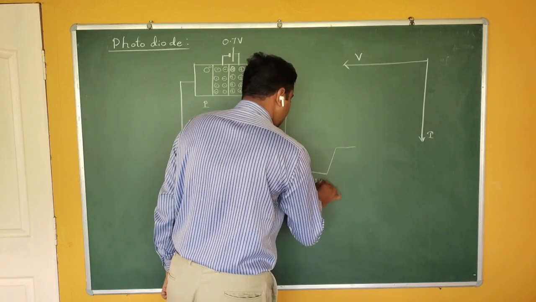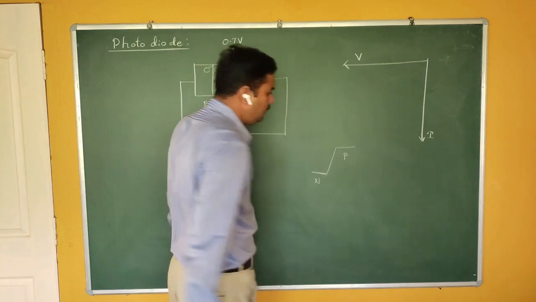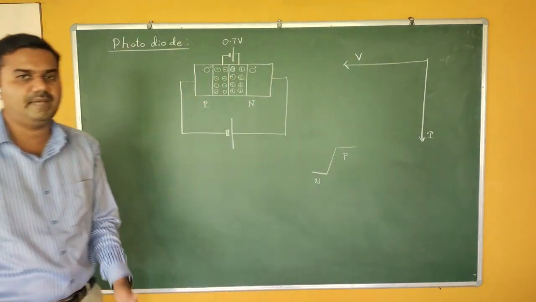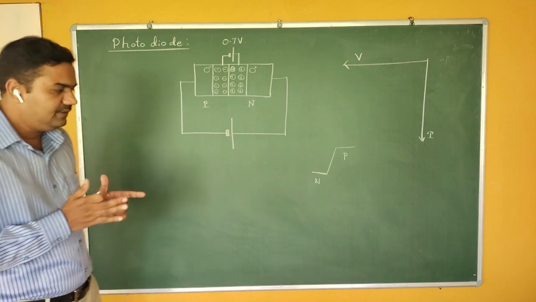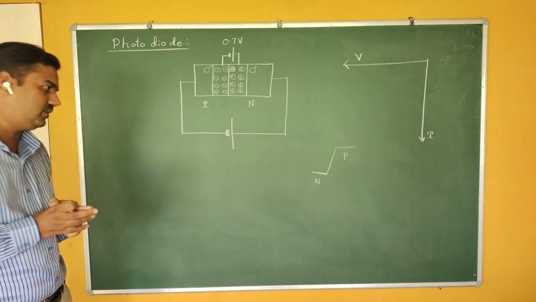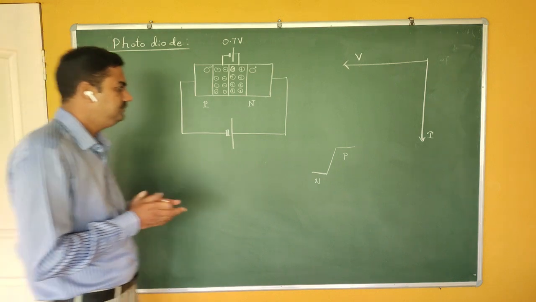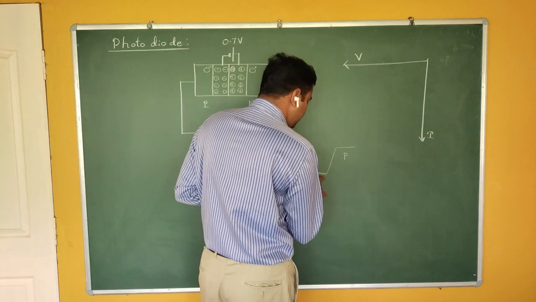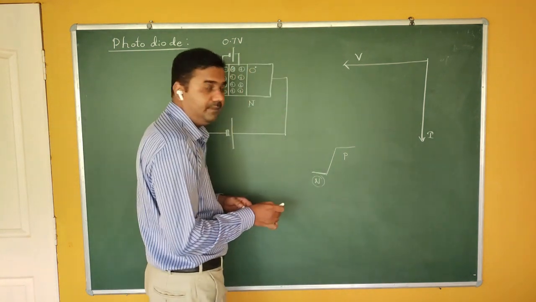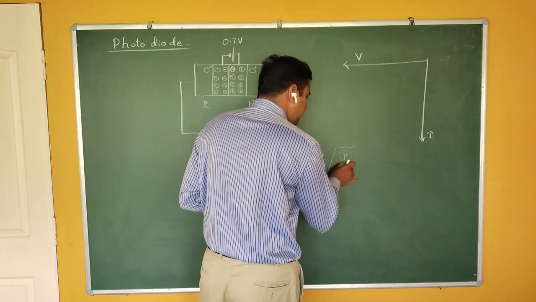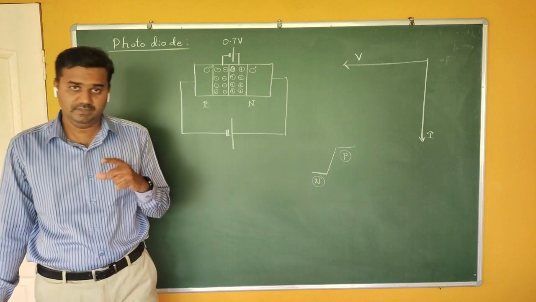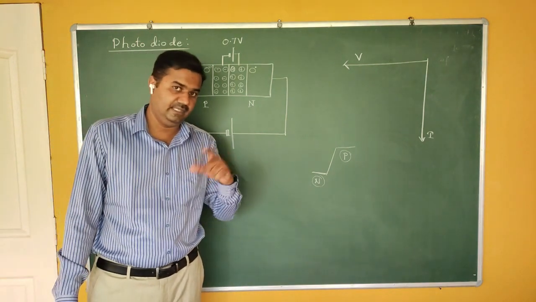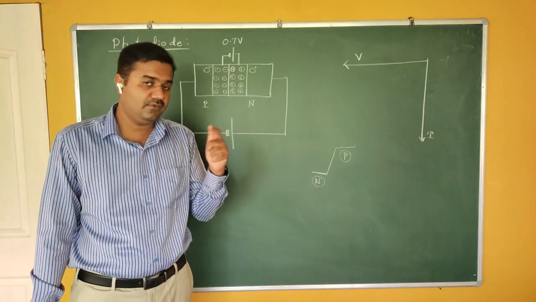The electrons couldn't flow from n to p. The reason is that a barrier is created, and that barrier opposes the flow of electrons. As you know, the majority of electrons are in the n type. But what is meant by p? P means where the net charge is positive, that means more holes compared to electrons. In the p type, the majority are holes.